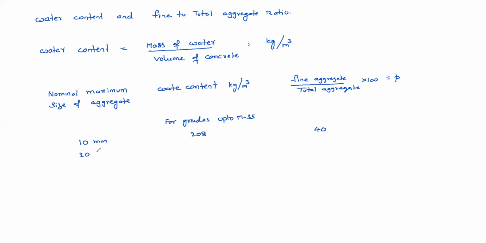Similarly, if 20 mm aggregate is the maximum size of aggregate used in the concrete, then 186 liters of water must be used per meter cube of concrete, and the percentage of fine aggregate is only 35. Similarly, if maximum size of aggregate used is 40 mm, then water content is 165 and sand percentage is 30%. Similarly, for grades above M35,